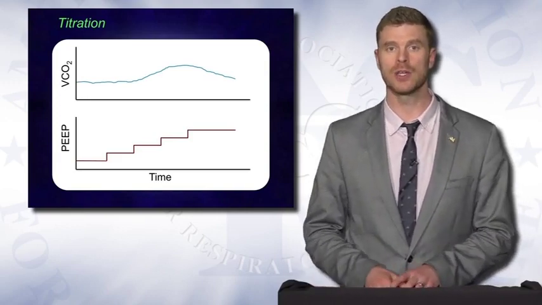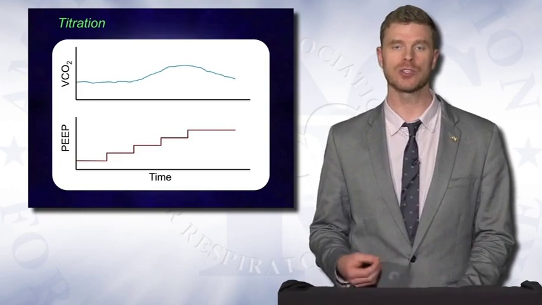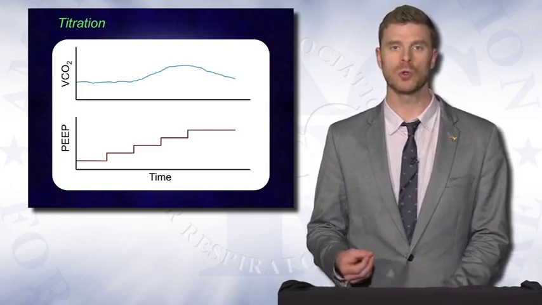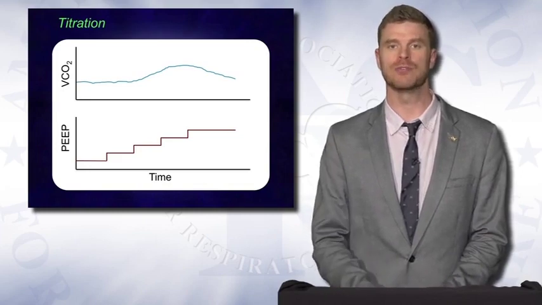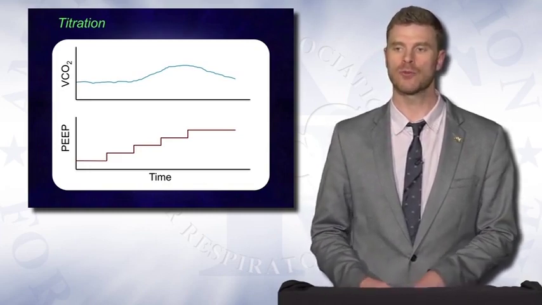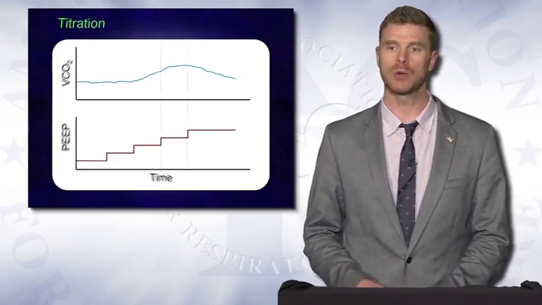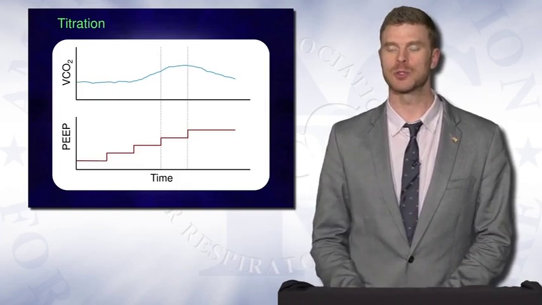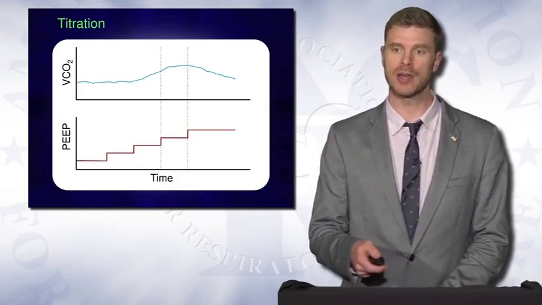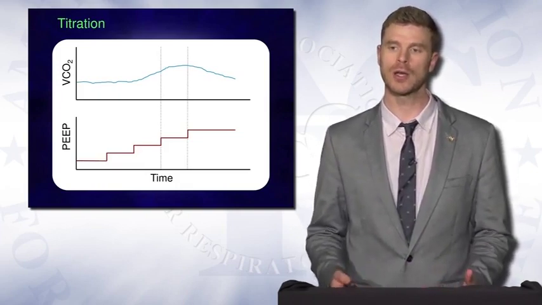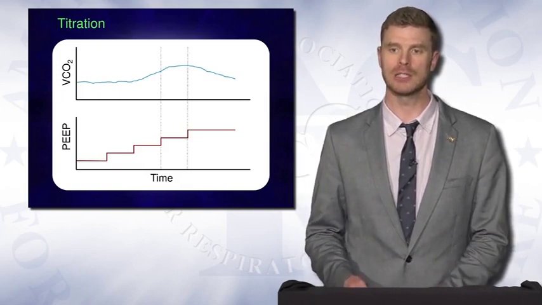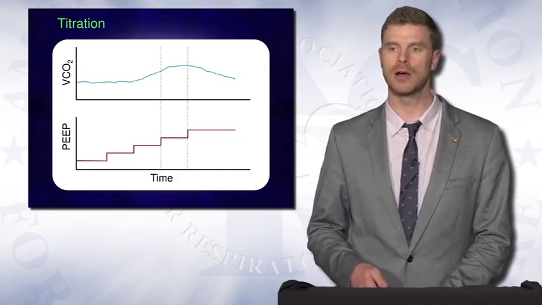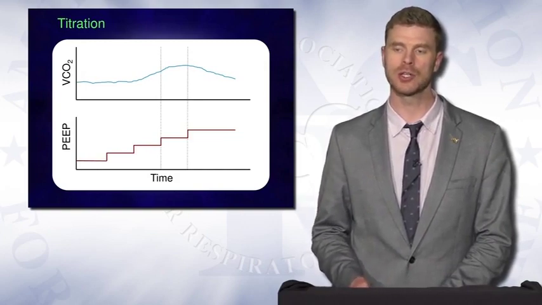Conversely, if we over-distend our patient, if we increase the alveolar diameter to the point where we impede pulmonary blood flow, we'll assume that we see a decrease in VCO2. So really what we're looking for is the optimal range at which we see VCO2 in this patient, and that would be this made-up PEEP range right here. So we can see up until that point we're seeing increases in VCO2 where we posit that we're alleviating some atelectasis, and after that PEEP, we're perhaps overdistending and losing some pulmonary gas exchange, and therefore seeing a